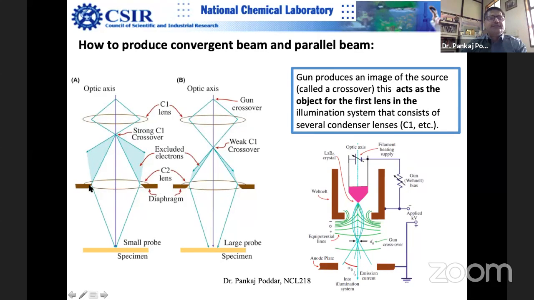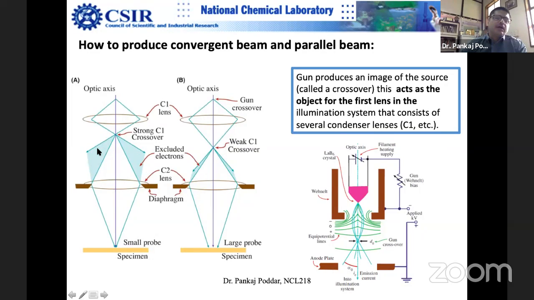After that, there is the C2 lens. The C2 lens also works as a diaphragm. So this is the next condenser lens. After that, you can see this is a focal point. If it is here, divergence will happen, and in this shaded area the electrons are cut by this diaphragm. These electrons are not reaching this point, which is actually important,